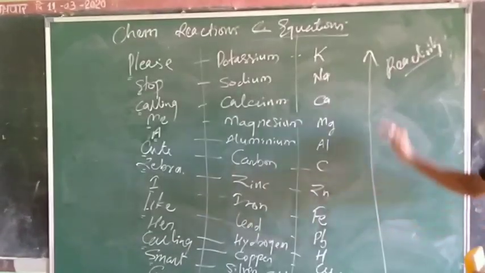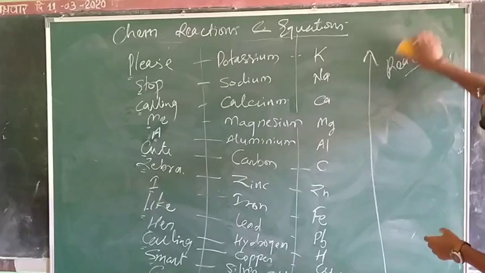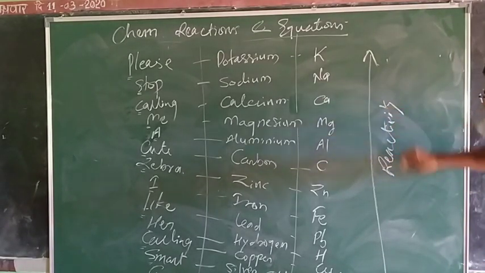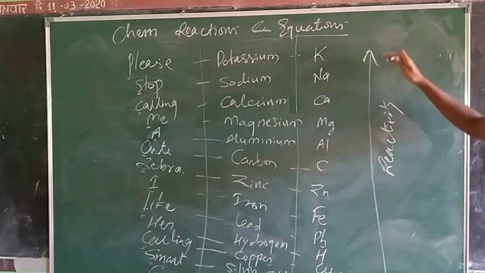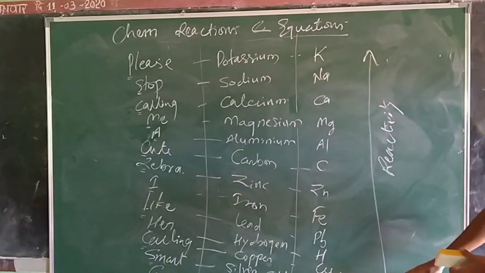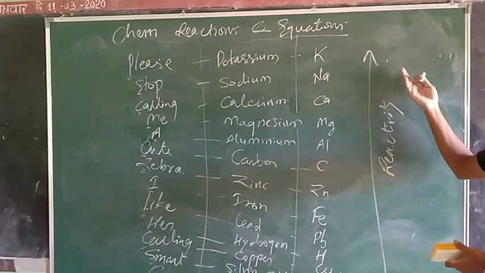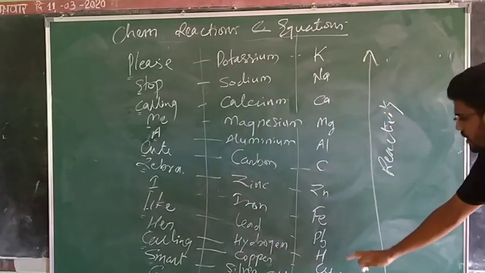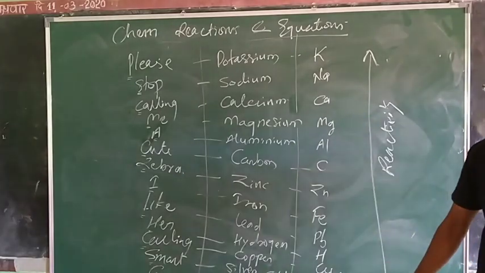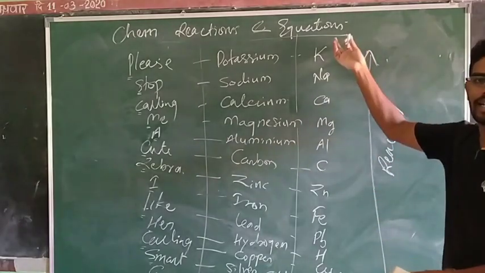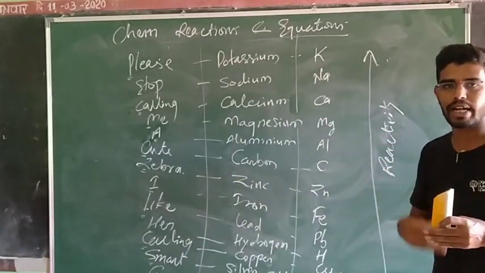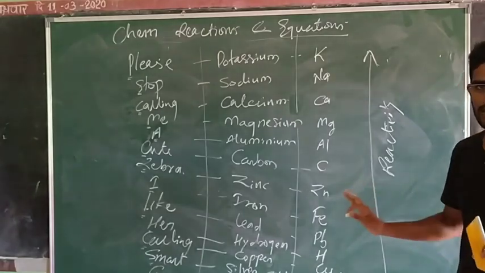We have shown that with the arrow, right? Reactivity on the upper side, as I showed, these elements are arranged in increasing reactivity from down to top, or we may consider from top to bottom. As we go down and down, the reactivity of species goes on decreasing. Do you understand? The element that is higher up is more reactive. In simple words, the lower the element, the less reactive it is. Right? That's the logic behind that.